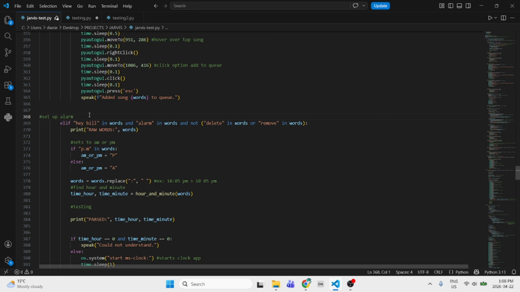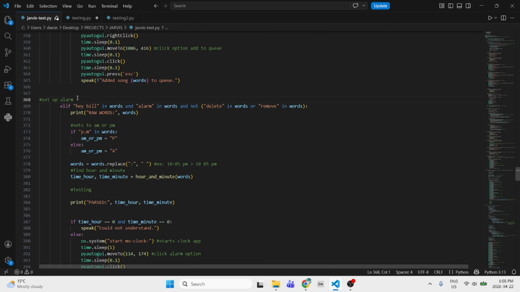So set up alarm, this is the first one, setting up an alarm. So basically if I say hey Bill and then I say alarm as well. The reason why I have delete and remove is I might add something like remove alarm or delete alarm, but we'll have to see. So if I say hey Bill, set an alarm for whatever, right? Hey Bill, alarm is